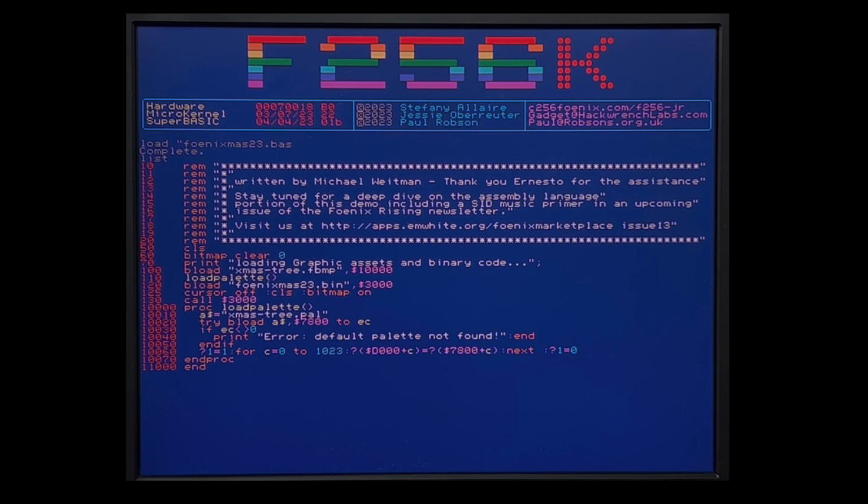So this is the BASIC part of the program. It's pretty straightforward. I'm just going to walk you through this real quick. Line 50 clears the screen, of course. Line 60 basically clears the bitmap screen and enables bitmap mode. It then prints on the screen that it's loading graphic assets in binary code. It B-loads, which is a binary load of christmastree.fbmp into